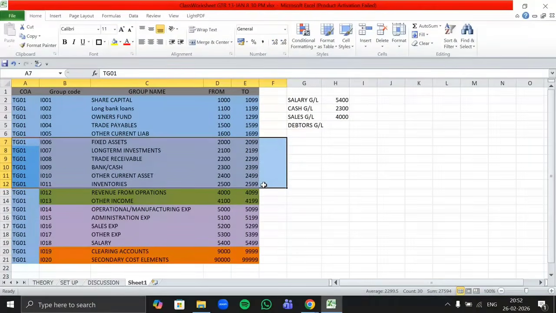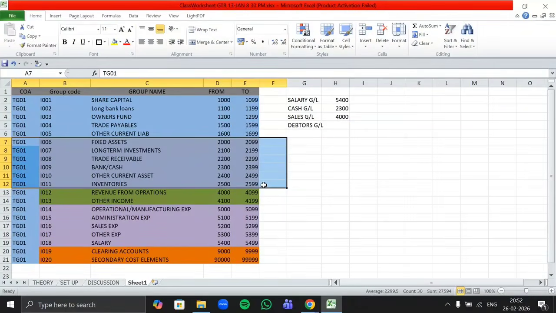All the debtors, whatever there will be, will be for the current period. So that's why other current assets. Okay, and who said trade receivable? Trade receivable is for trading with the customer. We are selling the product to the customer, so that's why it is trade with the customer. So this is trade receivable. Your debtors GL will be created under trade receivable.